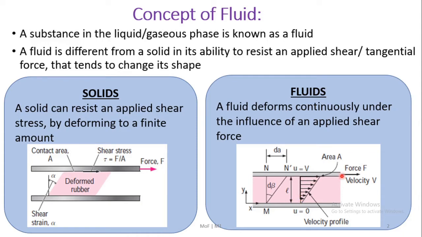The upper layer in contact with the movable upper plate will move with the same velocity V, but the lower layers will be slowed down. Why? Because there is friction acting between the adjacent layers. This friction will cause the subsequent fluid layers to slow down, and at the surface of the stationary plate the velocity of the layer will be 0. So there is a variation of velocity happening across the section in the L direction, and here it is shown as a linear variation from 0 to V.